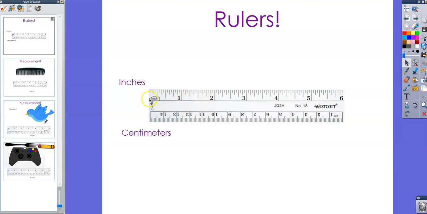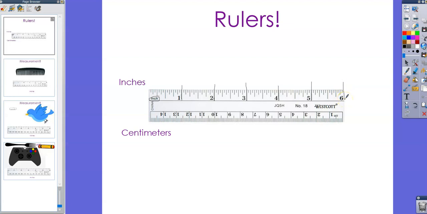You'll see it has the word inch, and then you'll also see it's got numbers. This is a short ruler just so that I can give you guys some examples, but we have 1 inch right here. You can see the 1. Here's 2 inches, this long line next to the 2. 3 inches is the long line next to the 3. 4 inches is this long line next to the 4. 5 inches is this long line next to the 5,